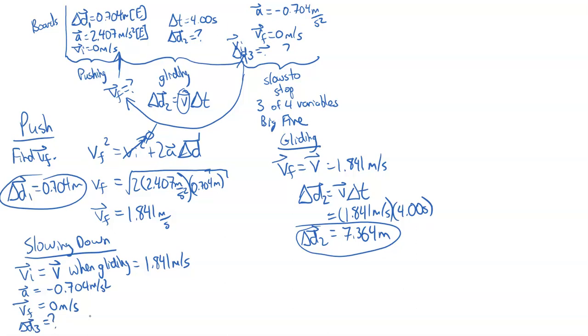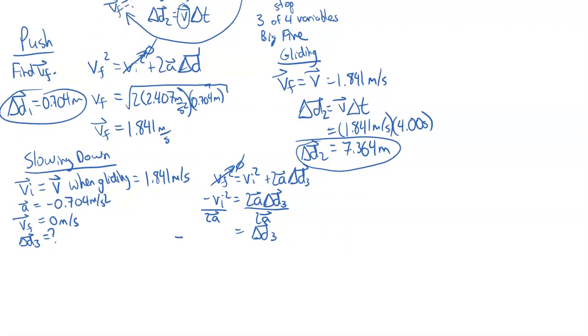And so again, it's using the equation of motion that incorporates v initial, v final, acceleration, and change in displacement. That's the same equation we had up above, where in this case, it's not the v initial that's 0, it's the v final that's 0. And so we're rearranging for delta d. We're going to get negative vi squared is 2 times a times delta d. We're doing this for the third one. So I'm going to divide by 2 times acceleration, and that's going to get me my delta d. So my delta d3 is going to be negative v initial squared